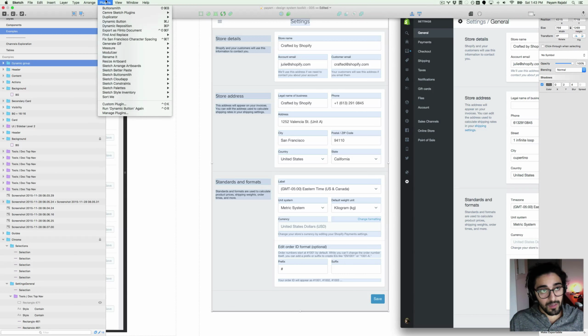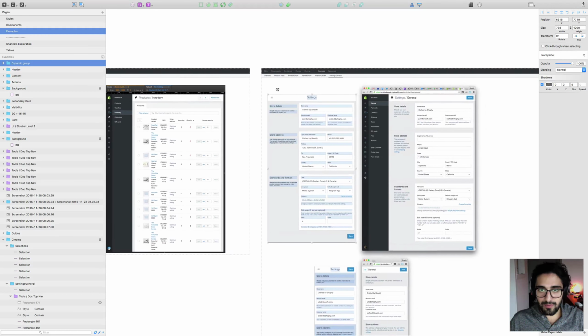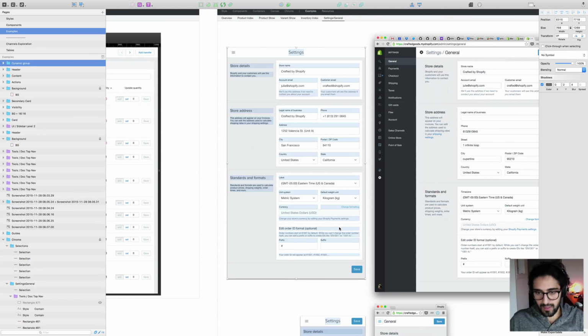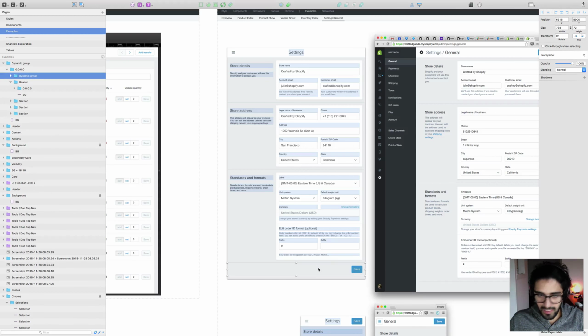There's another little cool tool called, if I can just find it, Resize Artboard. Fit selected artboard to content. So Control Shift Z essentially just sizes the artboard. It's a similar kind of experience as with dynamic button where it just fits it to the content. So I'm just going to do that, and sometimes it's, oh, I see, that's not an artboard. I just realized that I took it out of the artboard. So I'm just going to select that last child so it realizes, and I'm just going to call this actions, move it to the bottom,